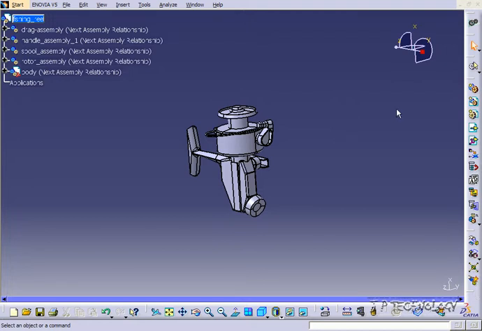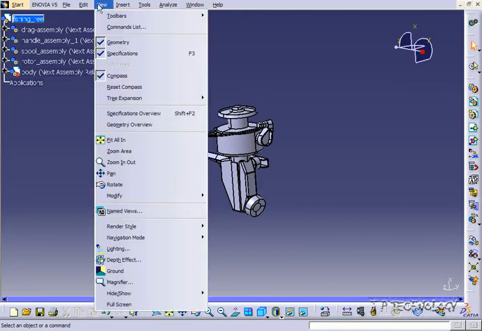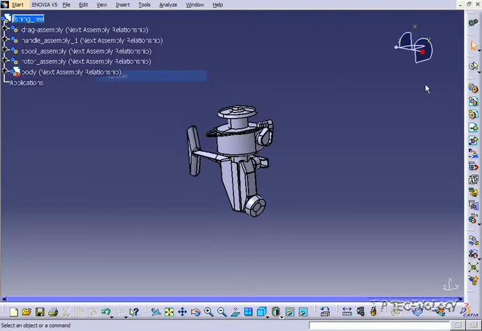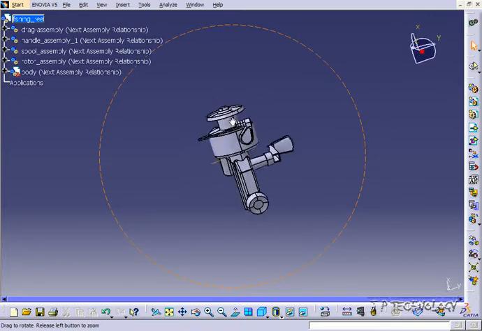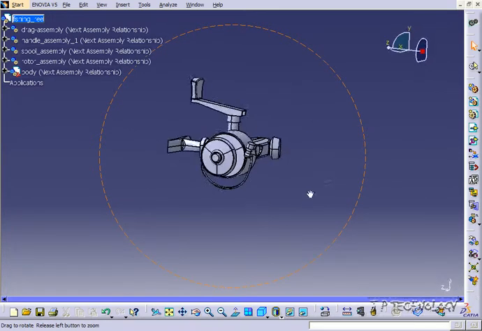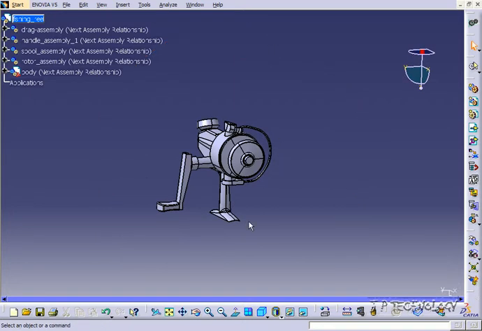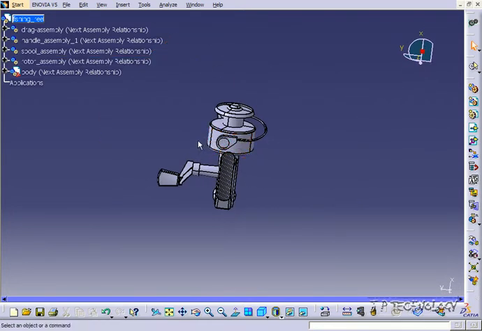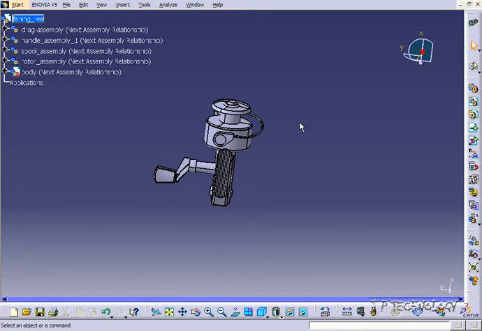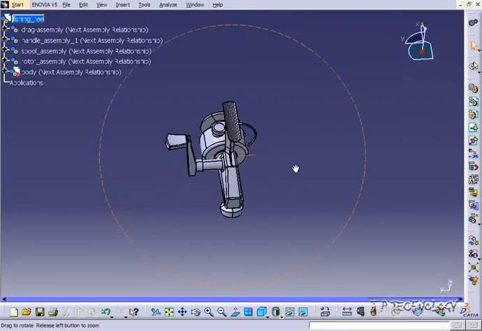Now, this guy here is your compass, and you can turn him on and off if you go to View, Compass, and to turn him back on, get the check mark back, and he's back. Now, if we look, when we rotate this object, you can see that the compass also moves. So rather than using the mouse and moving around and panning around and whatnot, you're also able to just use